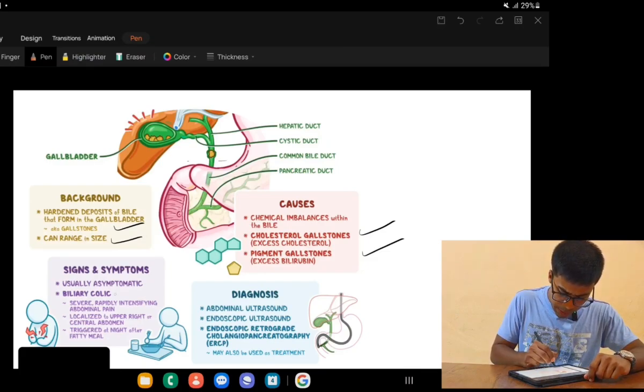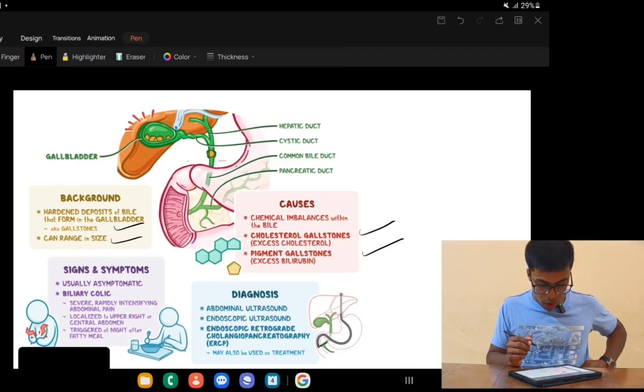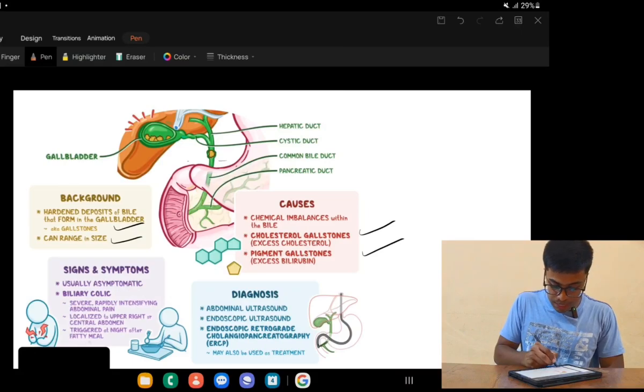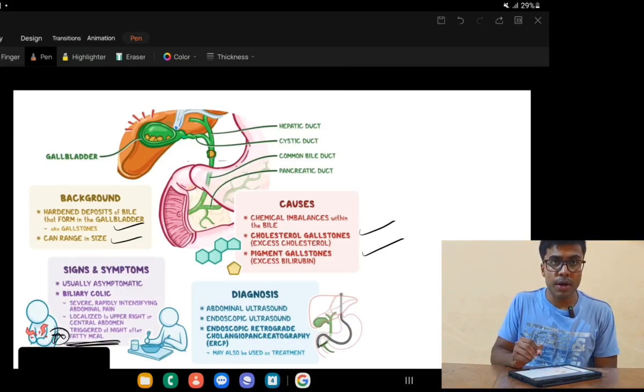Now signs and symptoms: usually asymptomatic, biliary colic and severe, rapidly intensifying abdominal pain localized to the upper right quadrant or central abdomen, triggered at night after a fatty meal. Fatty meal is a clincher, a hint, the keyword. Diagnosis,